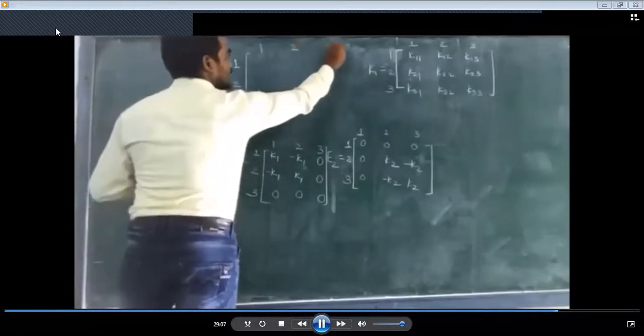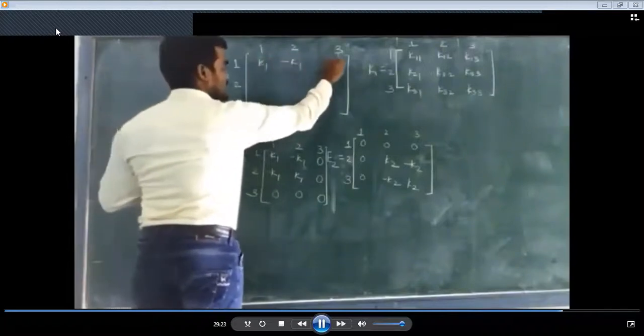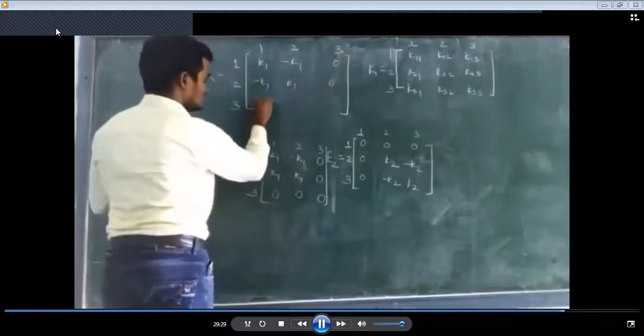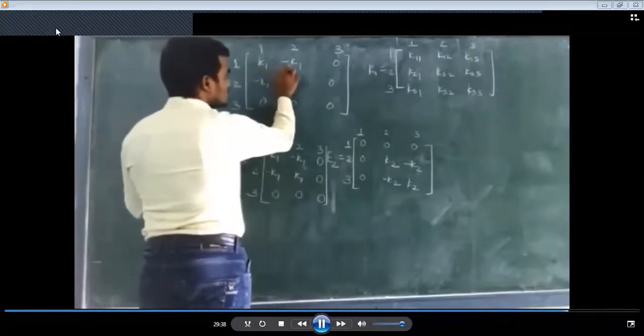So global stiffness matrix will become, actually this order is between three nodes. So 1, 2, 3, you can write it as 1, 2, 3 because there are 3 columns and 3 rows, because order of that matrix is 3 by 3. So simply add these two matrices to get the global stiffness matrix. First, write the elemental stiffness matrix E1 as it is: K1, minus K1, 0; minus K1, K1, 0; 0, 0, 0. Then add this E2 to it. So K1 plus 0.